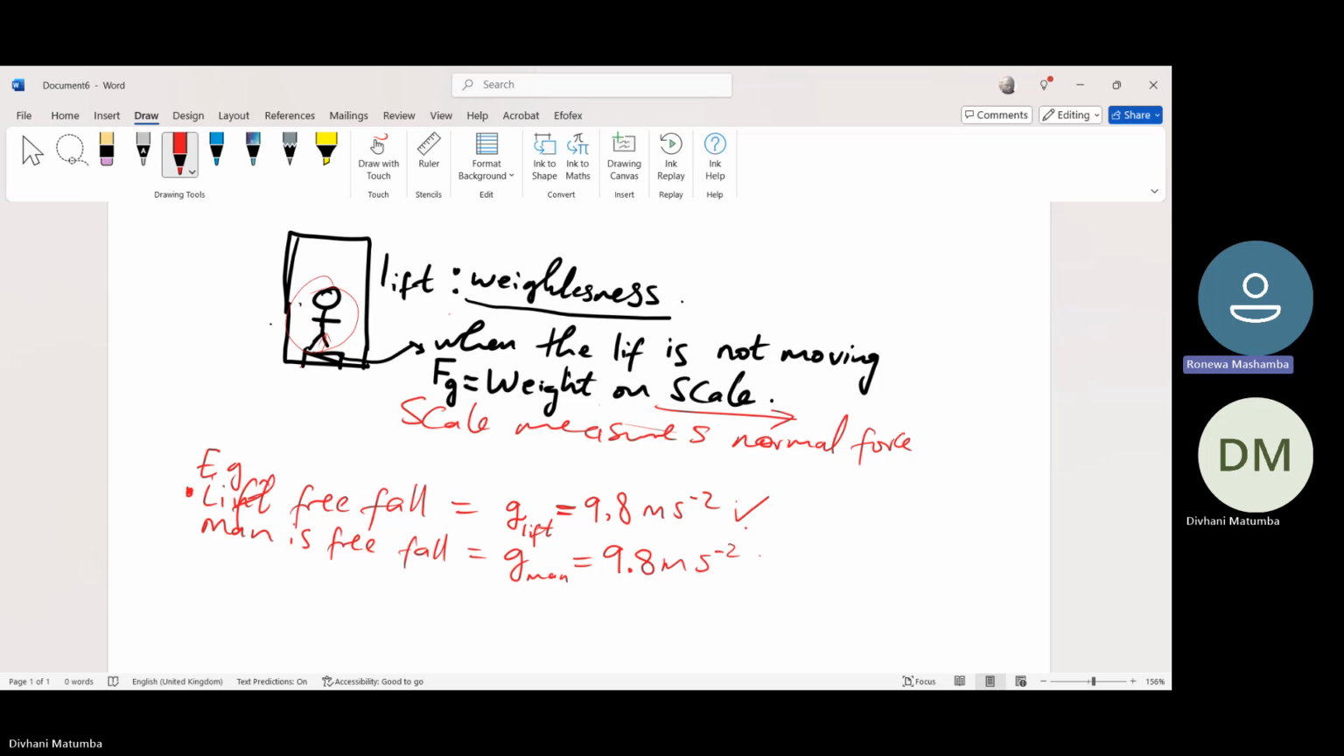So actually I don't know. I'm changing my answer to I don't know. The answer is there won't be any normal force. Let me give you an example. Let's say